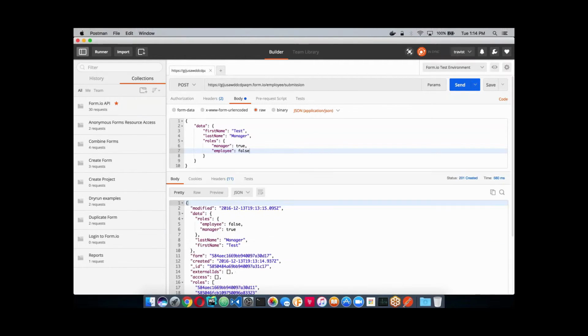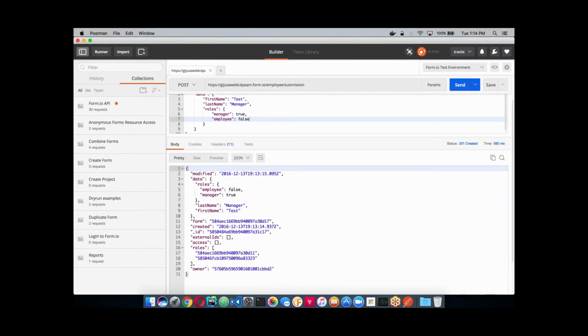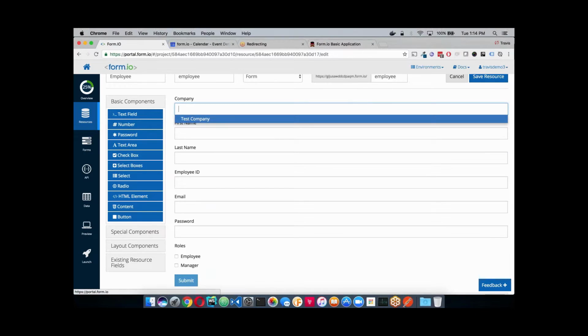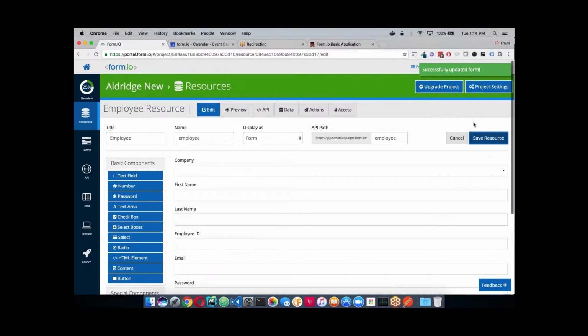So that created a new employee. And right here we see we have two roles. Let's just go verify that those are the correct roles. So under